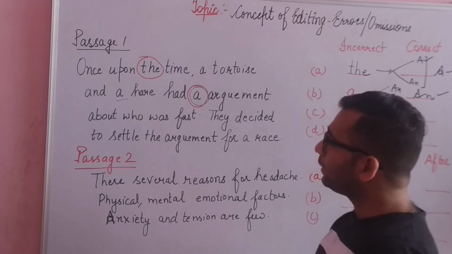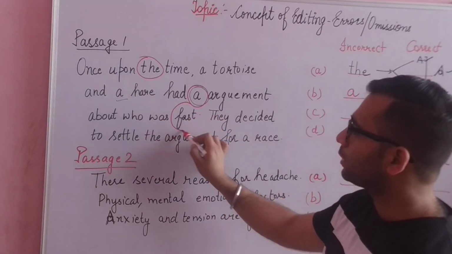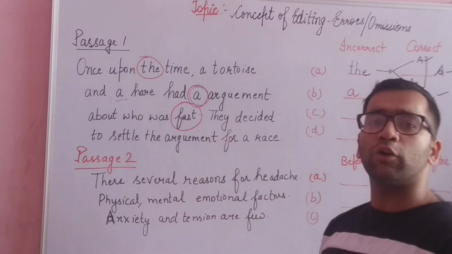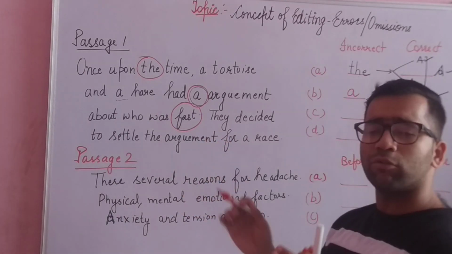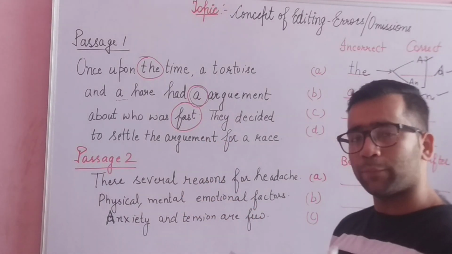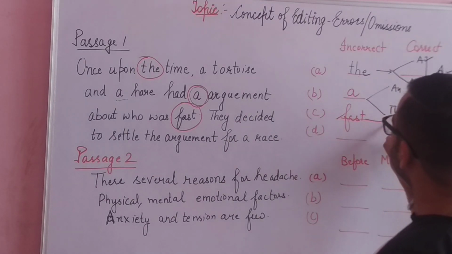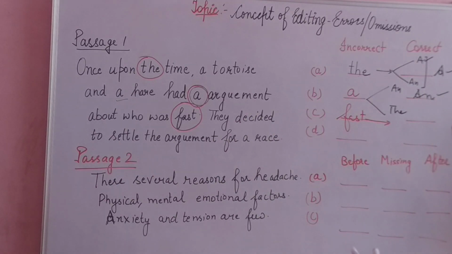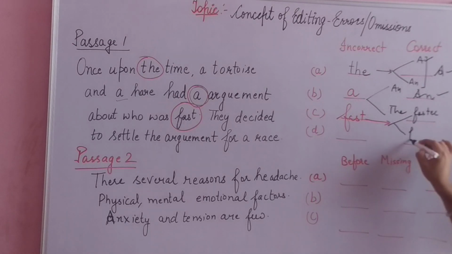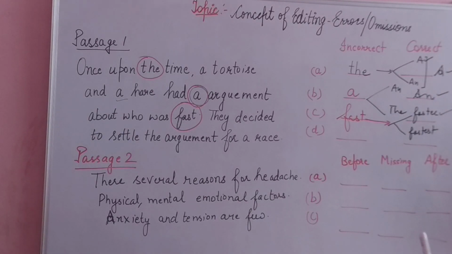If the mistake is in degree of adjective, we got it. So the correction will also be with degree of adjective. Do not try to find out with preposition, conjunction. No, it's a wrong approach. Fast is the error. You have got it. So the correction can be either faster or fastest, because we don't have any other degree of comparison. So here comparison is between two, so faster is the correct one. Error is fast, correction is faster.